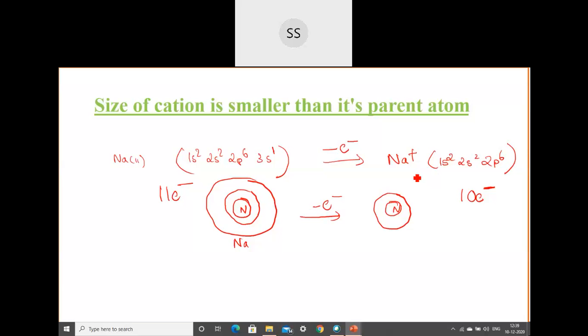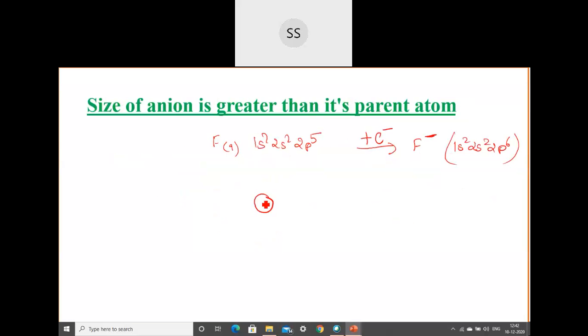So here in the fluorine case, that happens. Okay, in the negative ion case, that happens because nobody will fight for it, so that area will increase. Okay, so here it was like you are having first shell and then you have second shell and these electrons are present, plus you are adding one more extra electron. So when that extra electron is added, electron and electron also will have little repulsion, so you will see that the cloud will start increasing. Okay, because you are adding extra electron there.